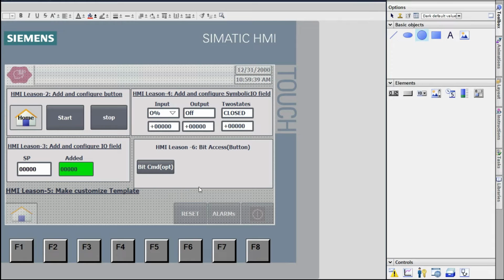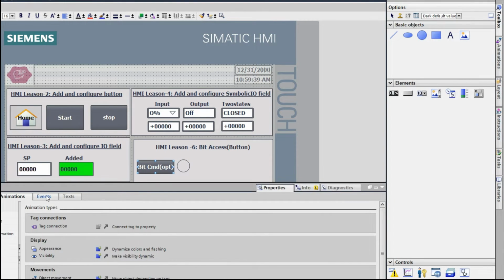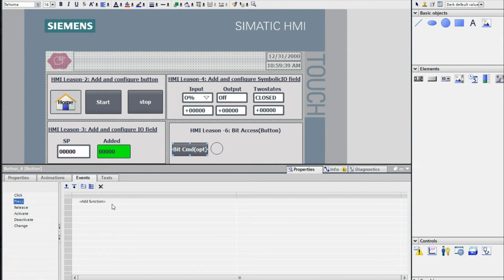Also I'll take a circle from the basic objects here. So I'll give a command by the button by using an event. Here press, when I give a press, it will go to